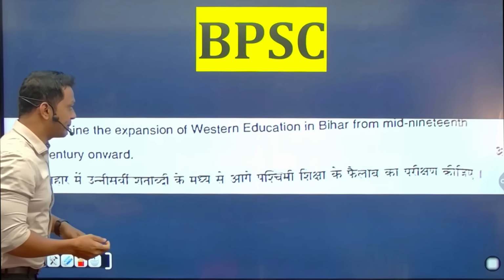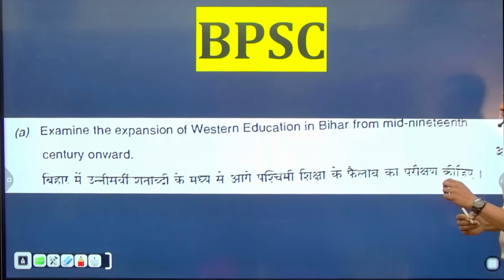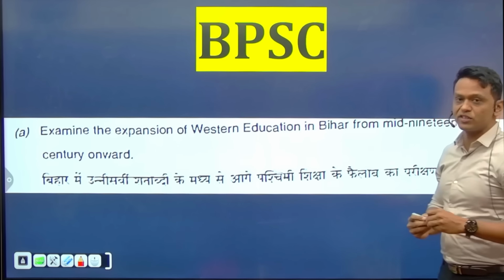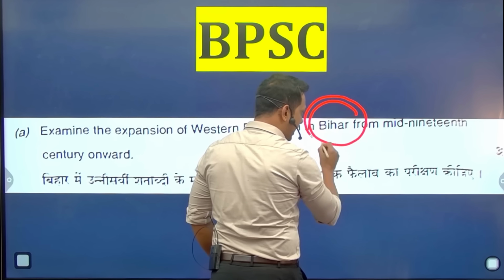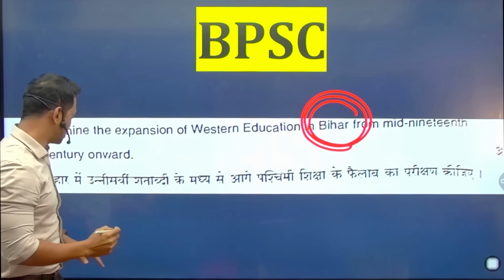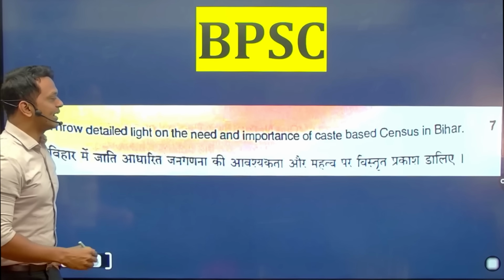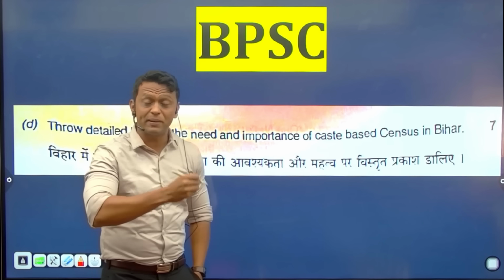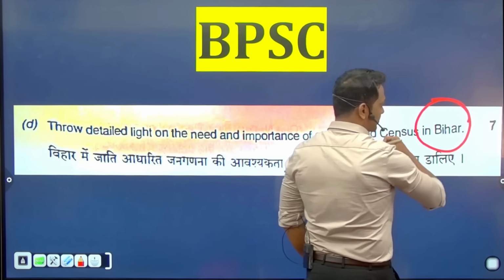This is a BPSC paper, 2024. And the question is: examine the expansion of Western education in Bihar from the mid-19th century. Now see, it completely focuses on Bihar. So this is the Bihar Public Service Commission paper that has special emphasis on their local issues. Second question: throw detailed light on the need and importance of the caste-based census that was held in Bihar. Look at here, again Bihar. Third question: